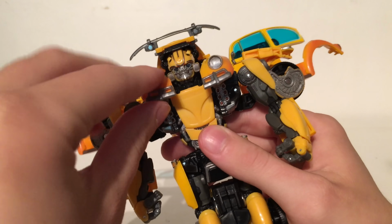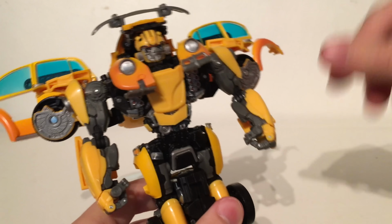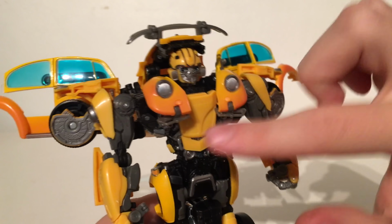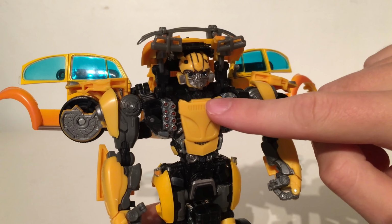You will then want to fold this fake bumper section inwards, and do not push it all the way, just push it in like that, otherwise they will pop off and they're extremely difficult and finicky to plug back in. Just push them backwards so that they look like that. Lift these sections upwards just to allow for some clearance,